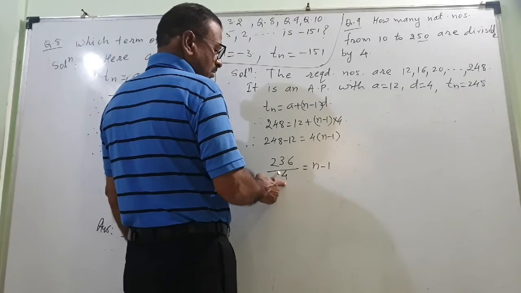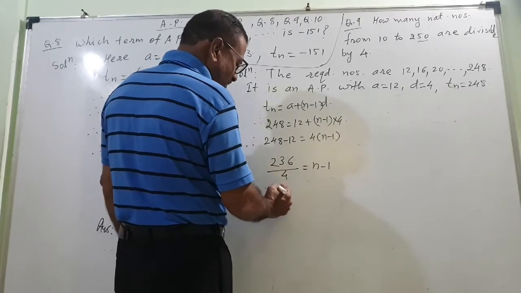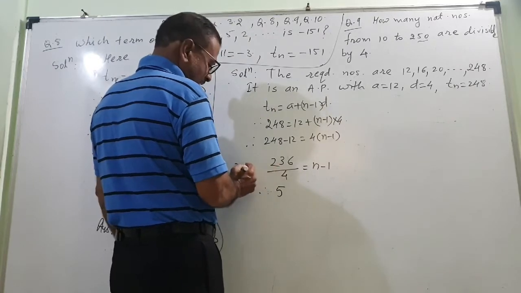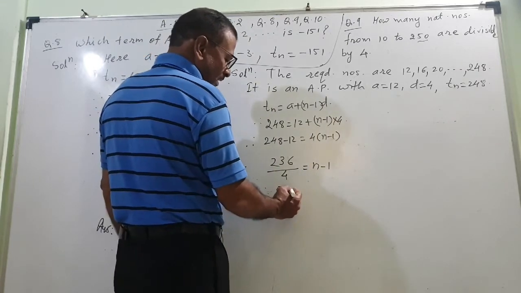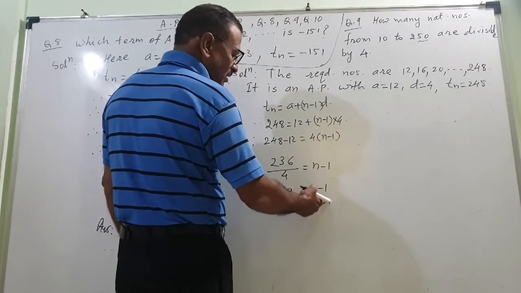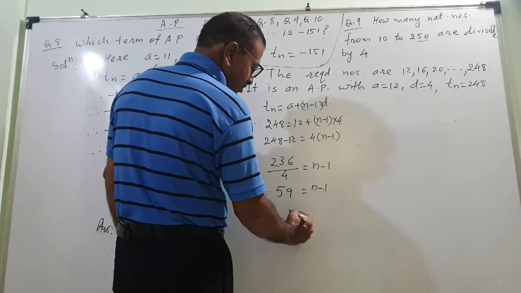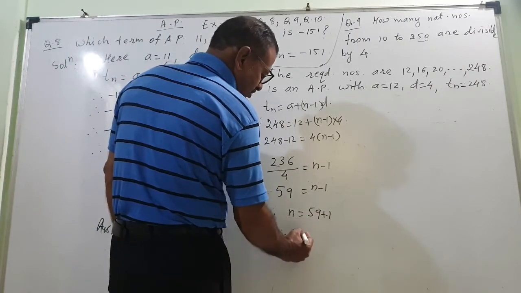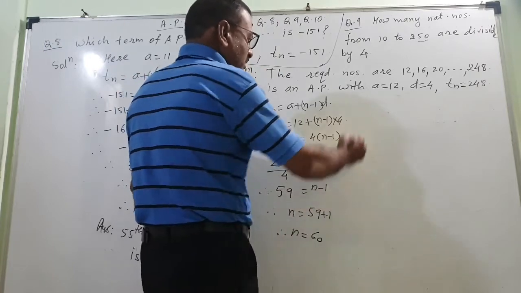Therefore 4 sixes are 24, 4 fives are 20, remains 3. Take this 36, 4 nines are 36, so 59 is equal to n minus 1. Therefore this will become plus, so n is equal to 59 plus 1. Therefore n is equal to 60. So the answer,